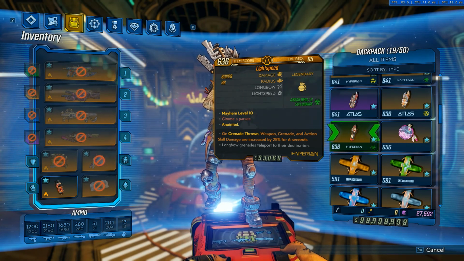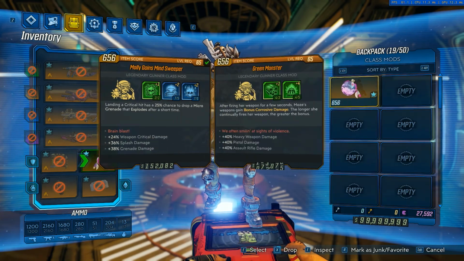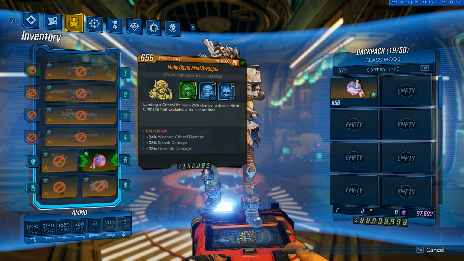Got ourselves the Minesweeper and the Green Monster here. Green Monster is very good if we're just doing general mobbing stuff, and also if we just want to cheese with Iron Bear, especially in the Guardian Takedown. And Minesweeper is possibly our best bossing class mod, although we can use it for mobbing, especially with the artifact I'm going to cover, which is the